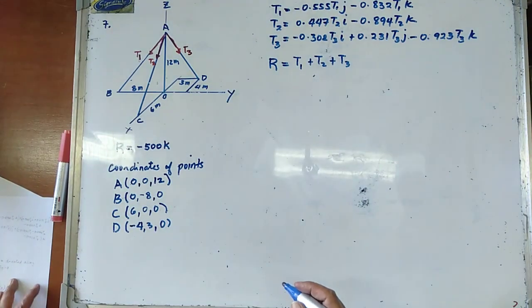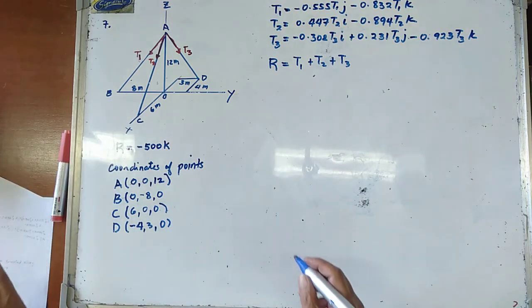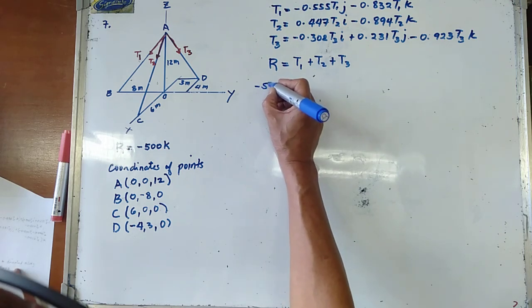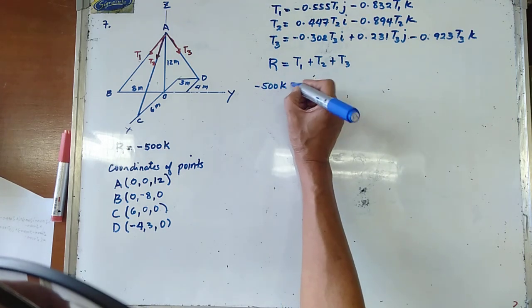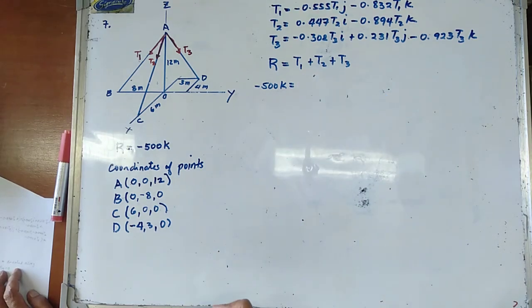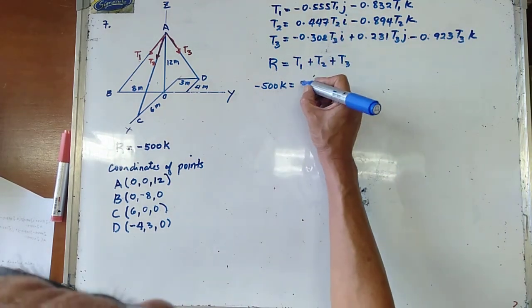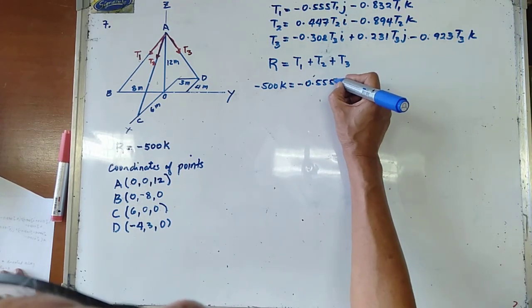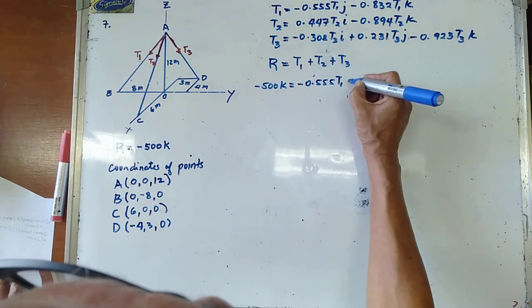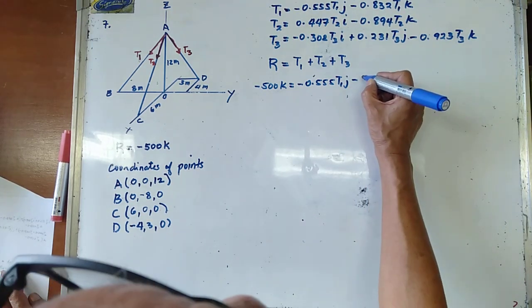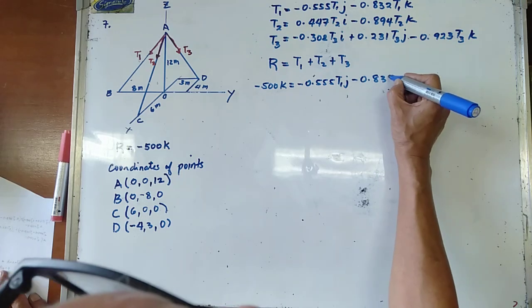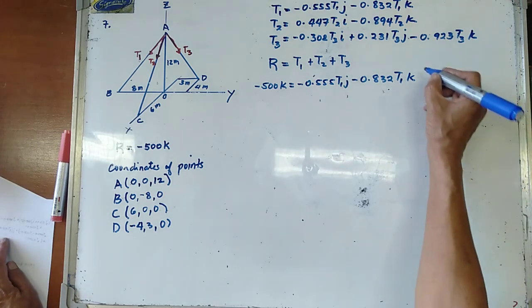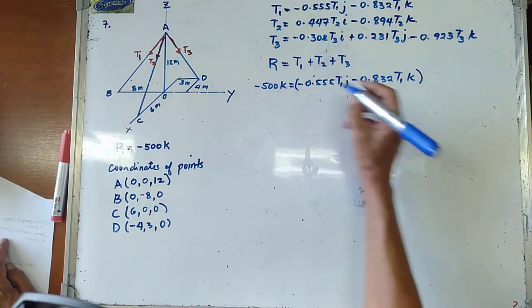Knowing the resultant to be equal to minus 500k, so we have minus 500k. So that is equal to T1, and T1 is minus 0.555 T1j minus 0.832 T1k, and then plus